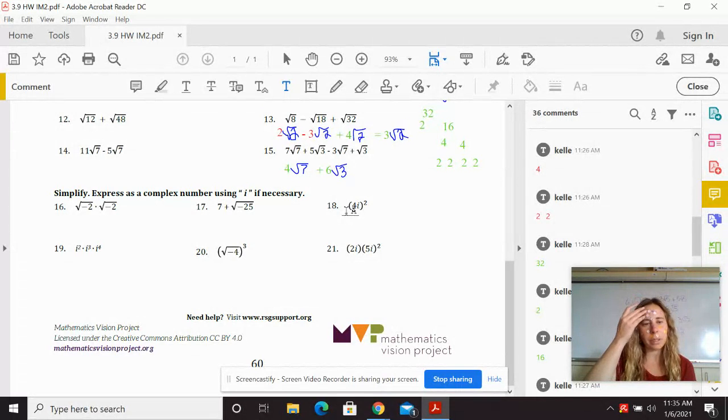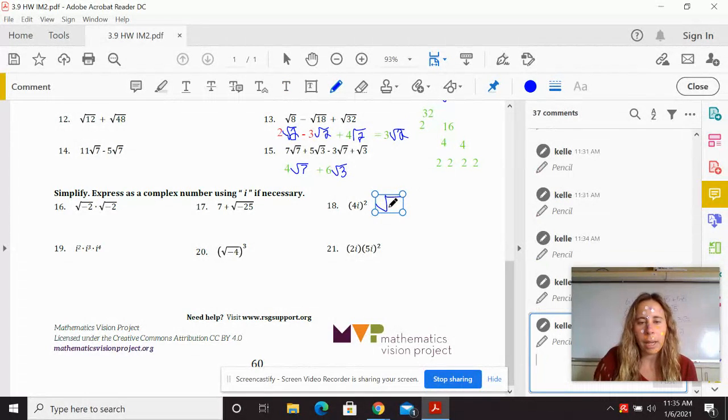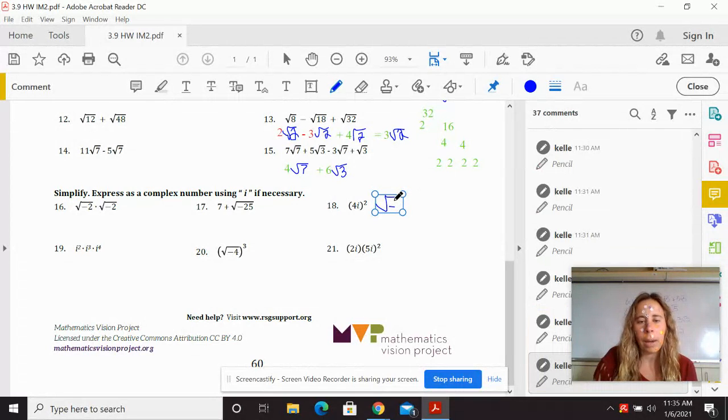Most of these we did examples close to these in class. Oh, period 5, we didn't do an example like this. I don't want to do this one, but if you had the square root of negative 7 times the square root of negative 7. Like this one's square root of -2 times square root of -2. If you have the square root of -7 times the square root of -7,